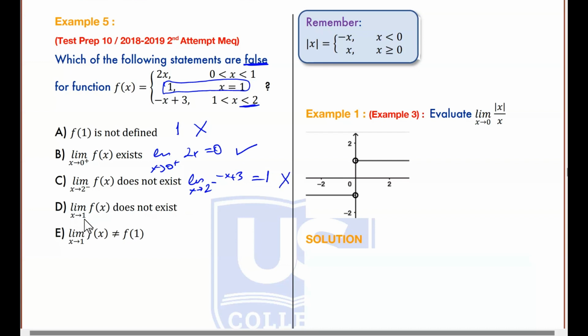The limit as x approaches 1 of f of x does not exist. So since it's a piecewise function with less than and greater than cases, and we don't have an equal or not equal case, then we check the right and left side limits. If the limit as x approaches 1 from the left is the same as the limit as x approaches 1 from the right of f of x, then we have a limit. So let's check the left side limit. For the left, we check the first case, 2x, insert 1 for x, it is 2. For the right side limit, we check the last case, negative x